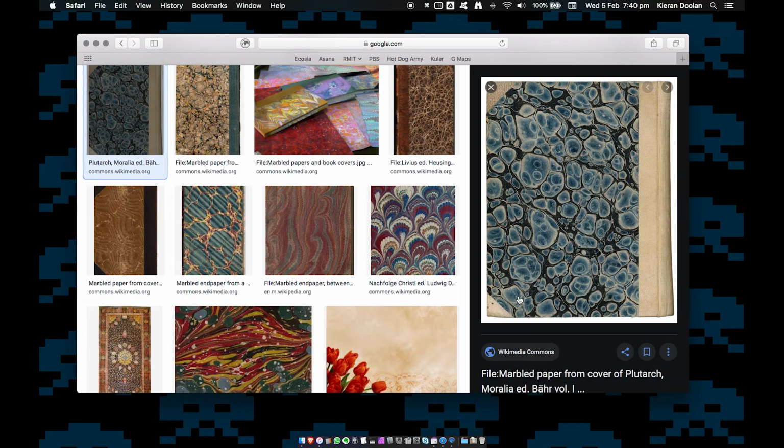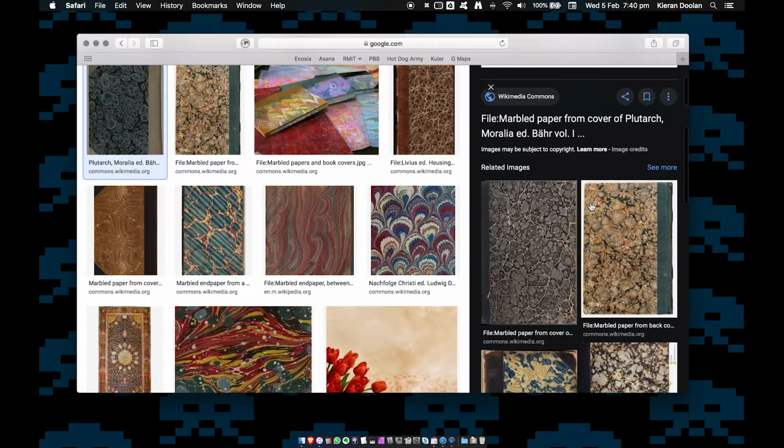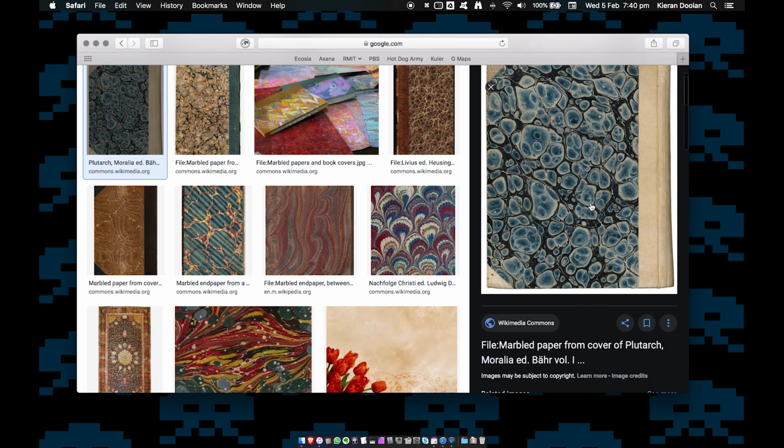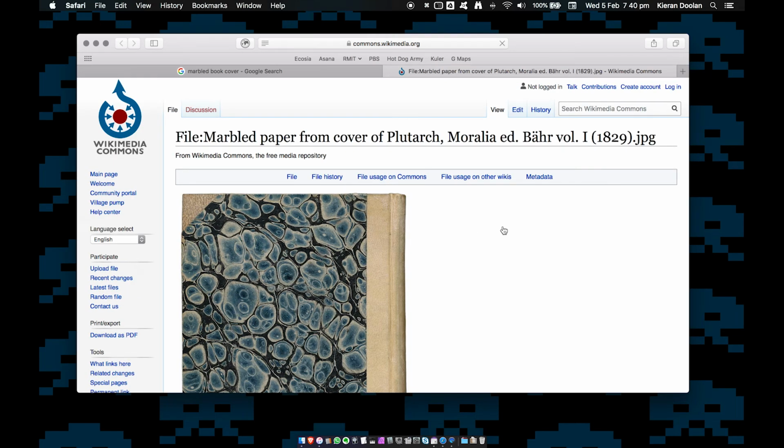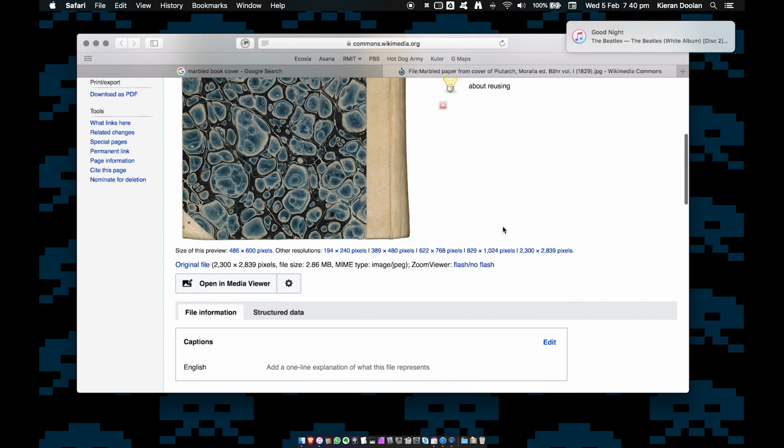Yeah, I can see that one is, my eyes aren't very good. I can't actually see how high the resolution is. I think it was over 2000, so that's pretty good. Just going to swing over and have a look at the licensing. Gee, it's such a beautiful book cover. Oh yeah, so over 2,500 pixels.